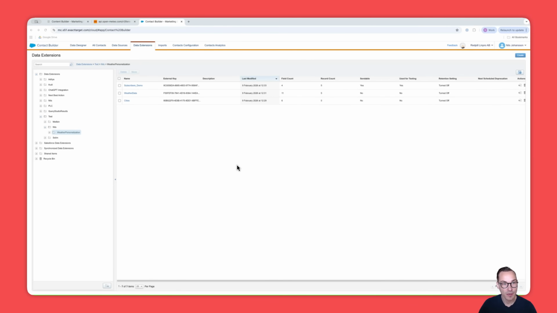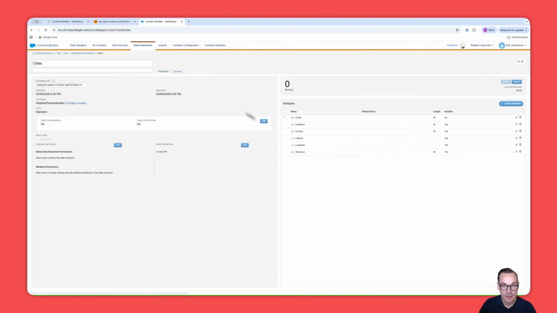All right, so we are now inside Marketing Cloud in Contact Builder, where I have a folder with free data extensions. Before we can populate any data, we of course need somewhere to put it. If we start by looking at the cities table, you will see these fields: city ID, city name, country, latitude, longitude, and time zone. And